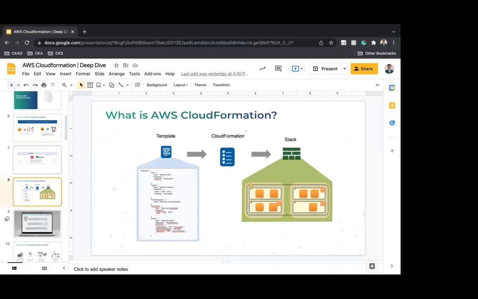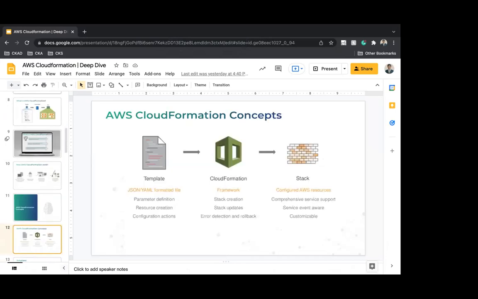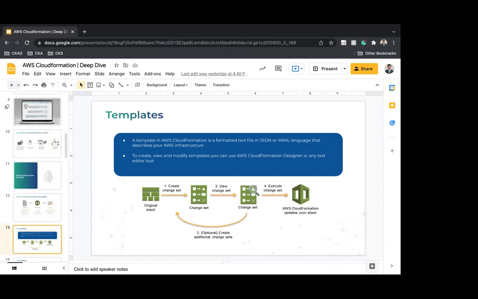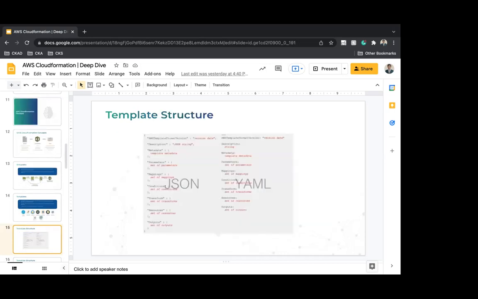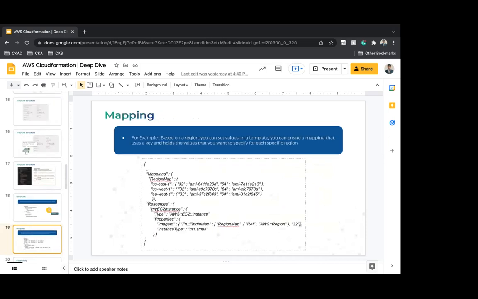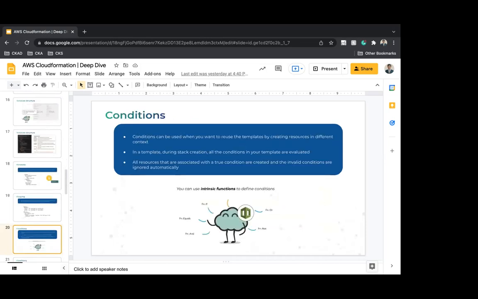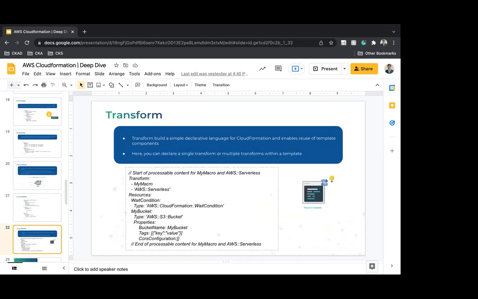The basic concept of templates, CloudFormation, and all other stuff, like how exactly things work behind the scene. The concept, what exactly templates are, the functionality, I mean the different syntax, or different functions, objects in template structure. Going through each of those 9 objects, and do remember that resource is the only mandatory thing. The rest are optional, but it's a best practice that you should use mapping, parameters, and condition to reuse your template.